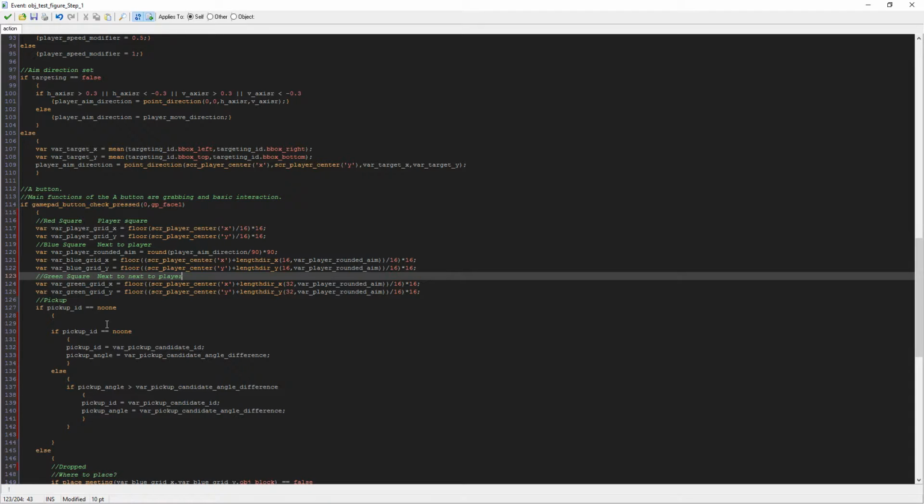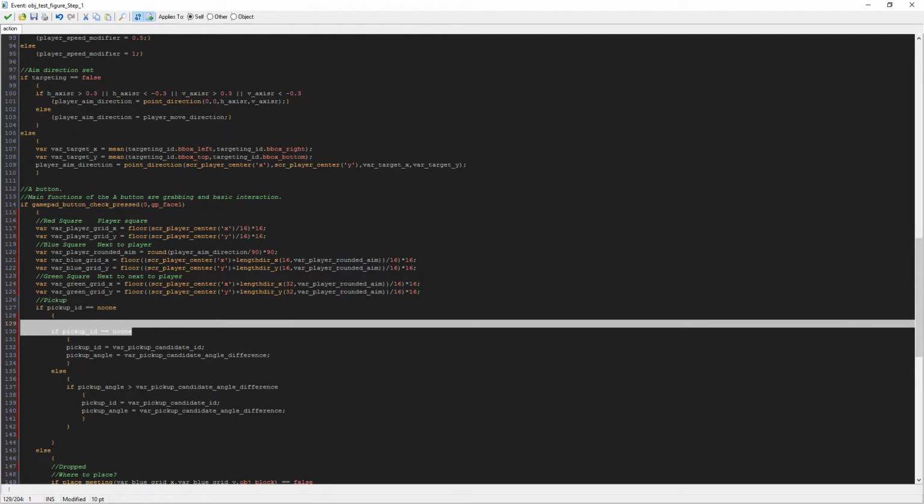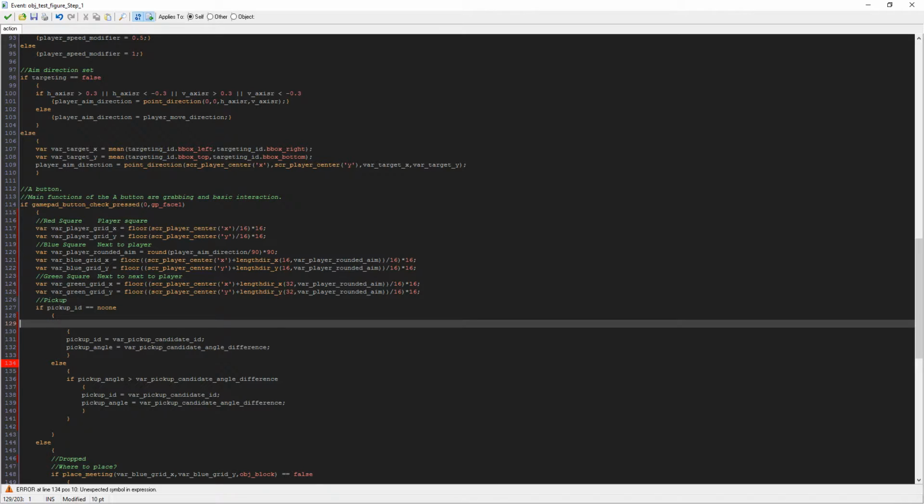So if pickup ID equals no one, and then if pickup ID equals no one, why do I have that? Pickup ID is going to be equal to no one anyway, so what the heck? Let's remove you. If pickup ID equals no one, then